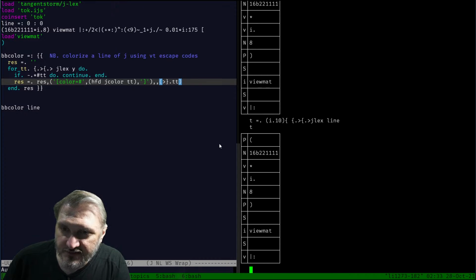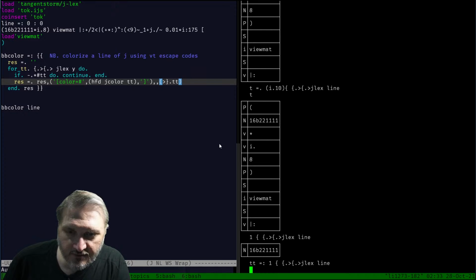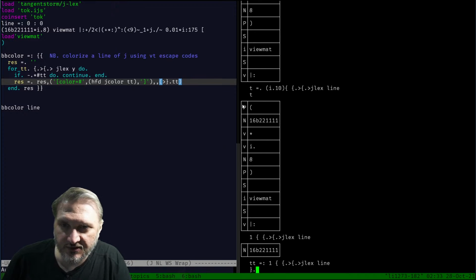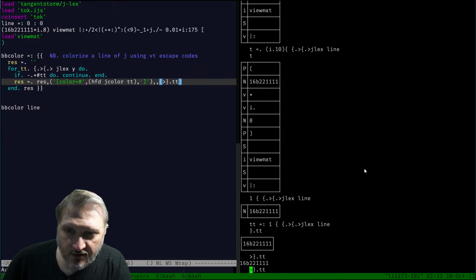All right, so for each one of those, I guess really we want the second one, like 1. Okay. So TT is equal to that. Now I'm just taking the highlighted line. So take that, open it up. That's some text. And now we want to say